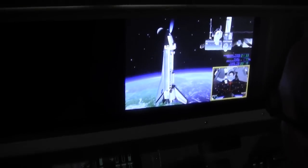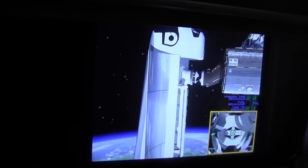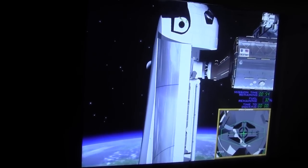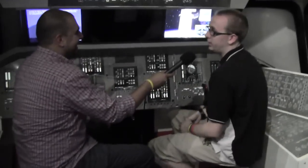This is exactly what they do when they go to the International Space Station on a space shuttle. You would fly it just like this and get to within range of the space station, and I am docked. Look at you, not bad. I mean, yeah. Of course you work here, so I would expect you to be good. Yeah, I've only been doing it for almost 3 years, so...